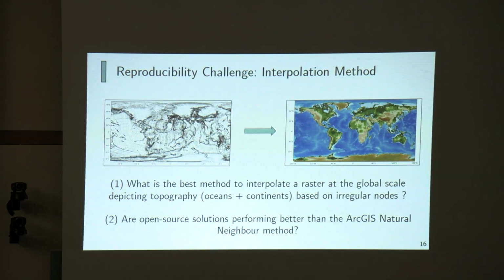And in QGIS natively, you don't have natural neighbor. You have a SAGA extension, but it takes a lot of time to process. So we wanted to know what we could use to interpolate a global raster for topography, so bathymetry and also elevation on continents, based on irregular nodes. These are the nodes from the model for the present day reconstruction. And we also wanted to know if open source solutions available in QGIS perform better than the ArcGIS natural neighbor